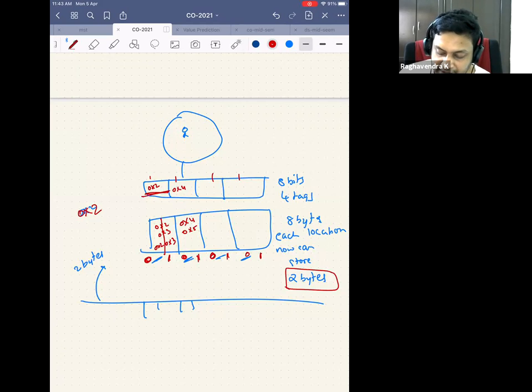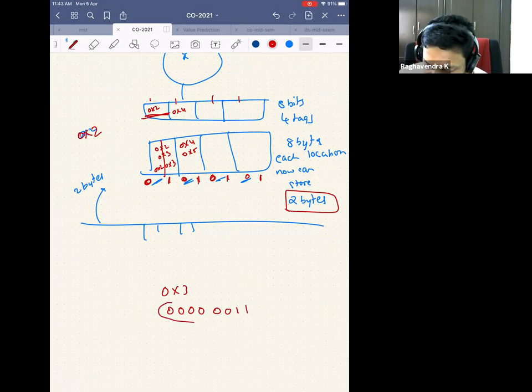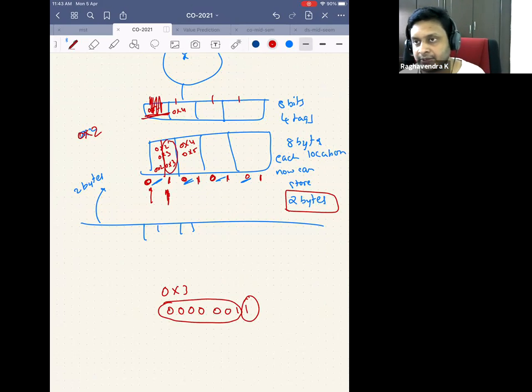So when the CPU generates an address 0x3, it generates an 8-bit address. So it means that it is something like this. I use the first 7 bits, and I'm storing only 7 bits here. I search in this, it's a hit. Now I'm using this last bit, I know where to go. Should I go here or here? I know that this is the first byte. So this will definitely belong to 0x3. So I will read this and give it back.